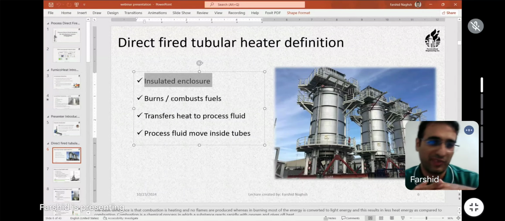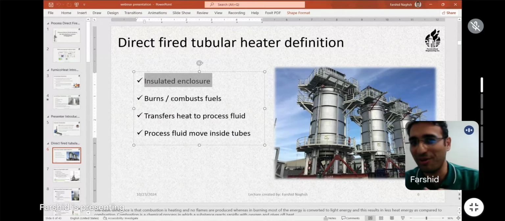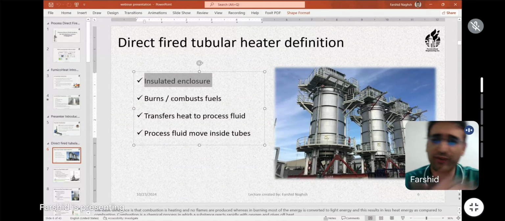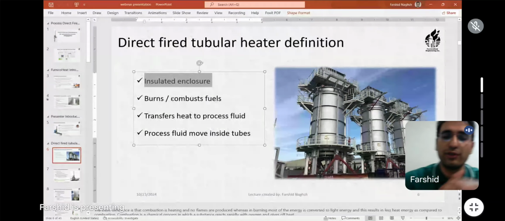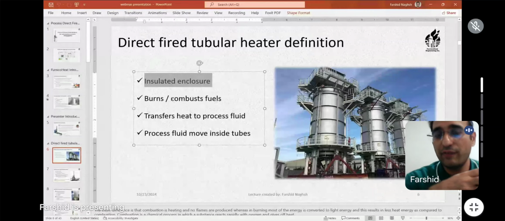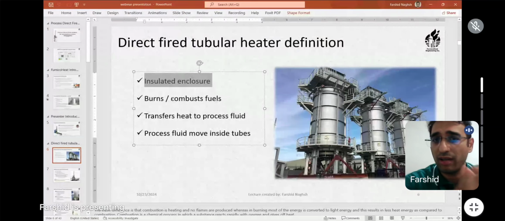So it means that it burns or combusts fuels, any sort of fuel. We have natural gas. Natural gas can be a source of fuel. We can have liquid fuels like LNG, and also we can have solid fuels. All of them are possible